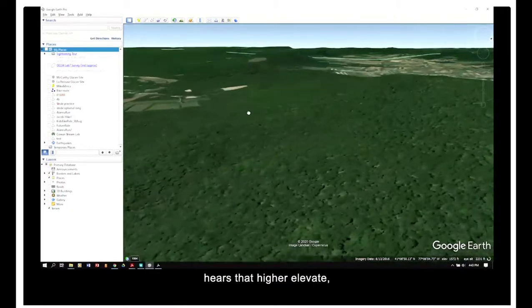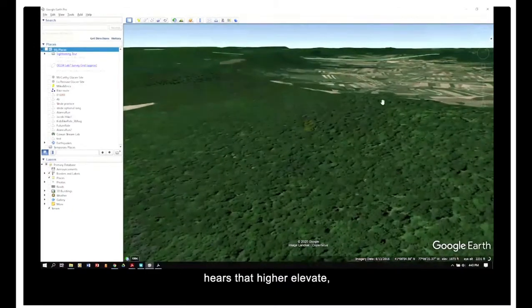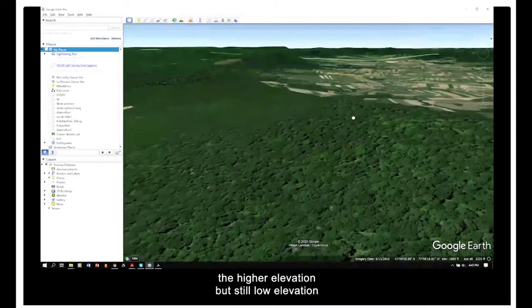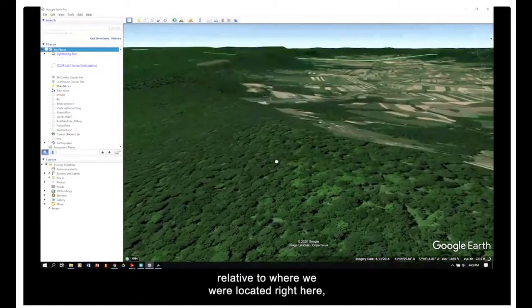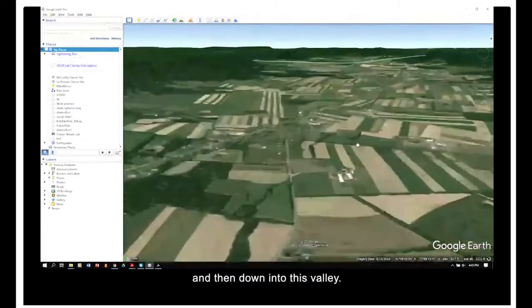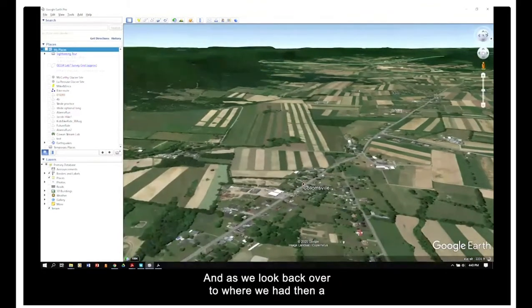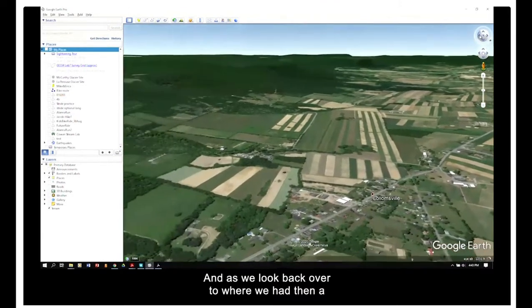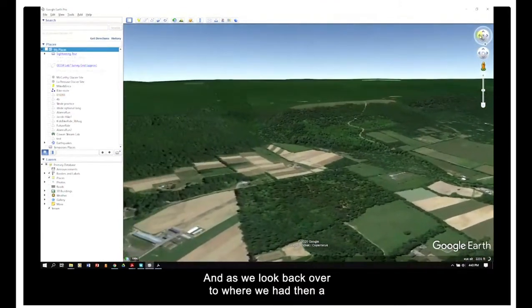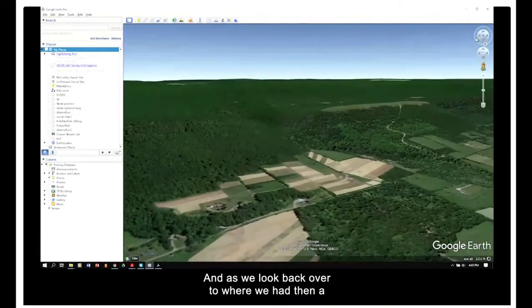Here's that higher elevation, but still low elevation relative to where we were located right here, and then down into this valley. Notice in this valley, there's a lot of agriculture, and as we look back over to where we had been before,